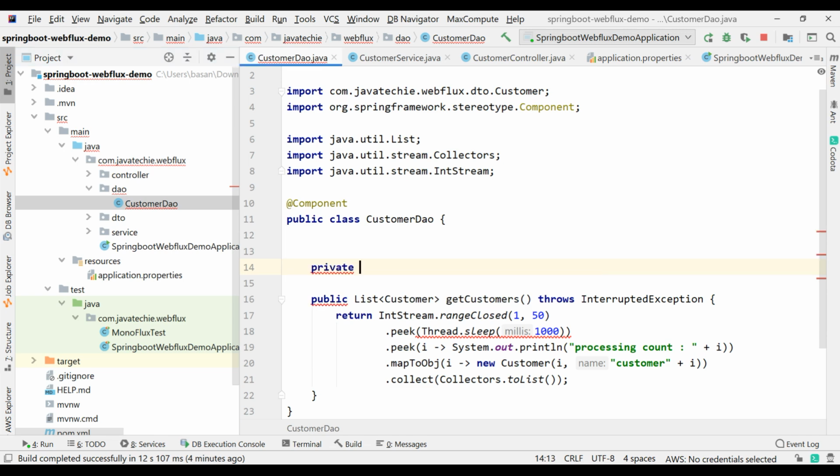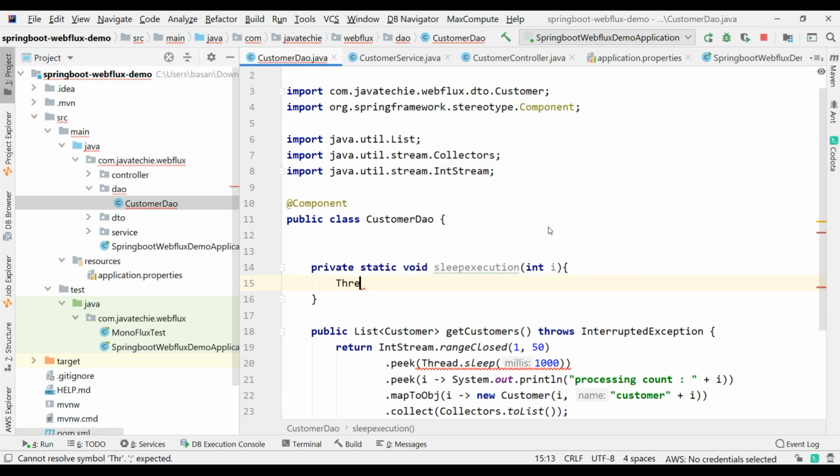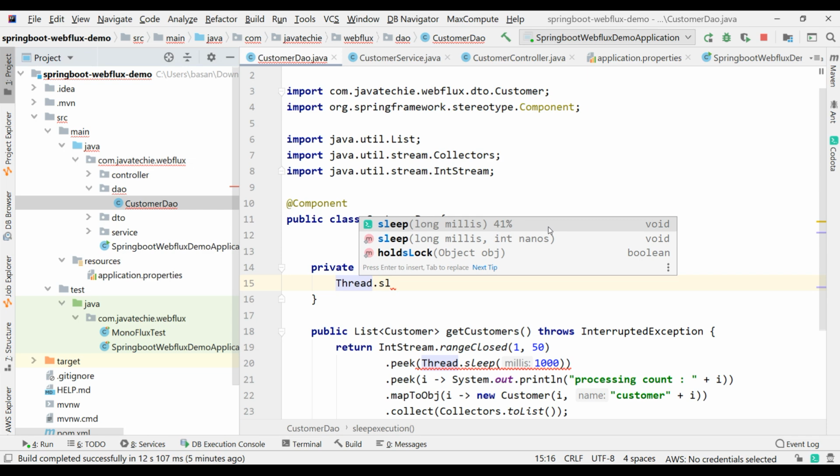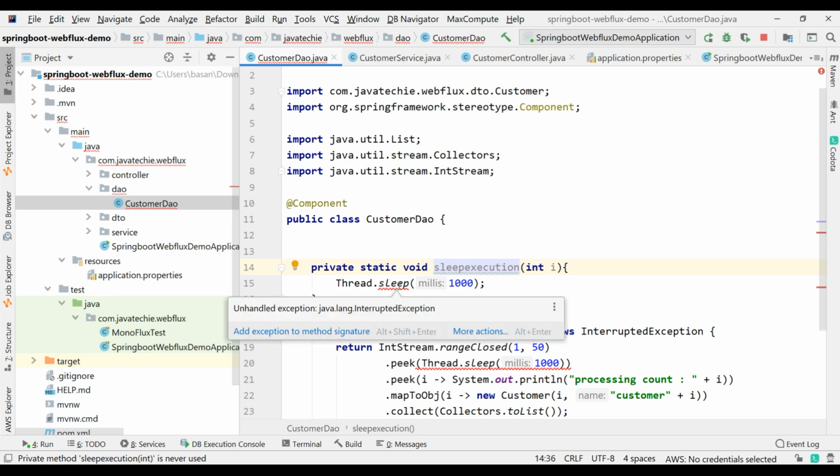So I'll write a method, private static void sleepExecution. I'll add the parameter here, int i, then I'll write Thread.sleep(1000). Sorry, 1000 milliseconds, it means it is 1 second. Okay, so I'll just use try catch.